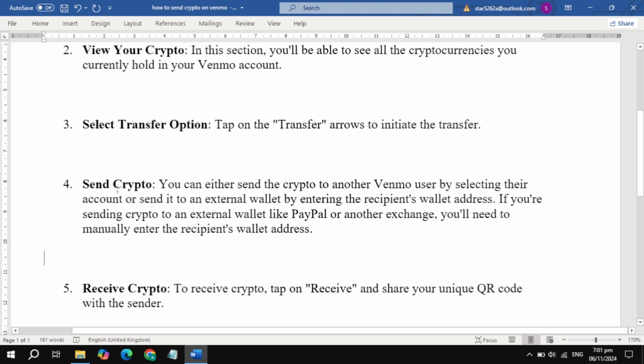Send crypto. You can either send the crypto to another Venmo user by selecting their account, or send it to an external wallet by entering the recipient wallet address. If you're sending crypto to an external wallet like PayPal or another exchange, you'll need to manually enter the recipient